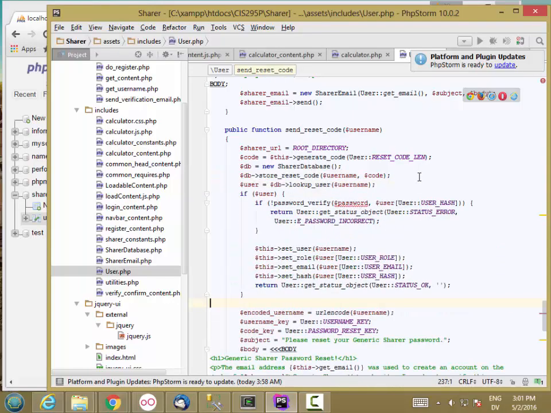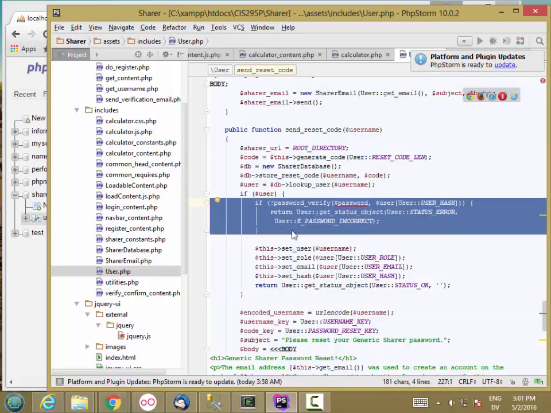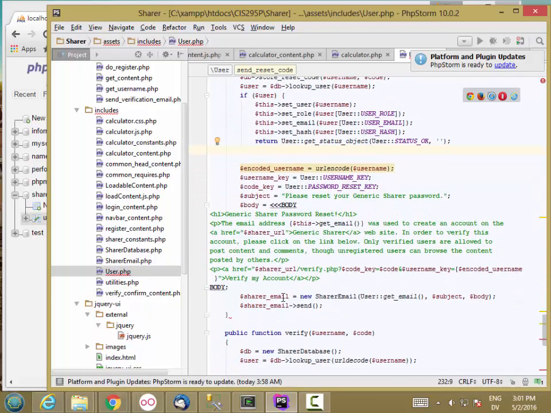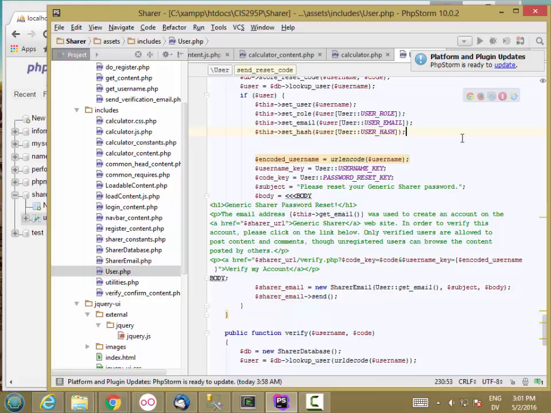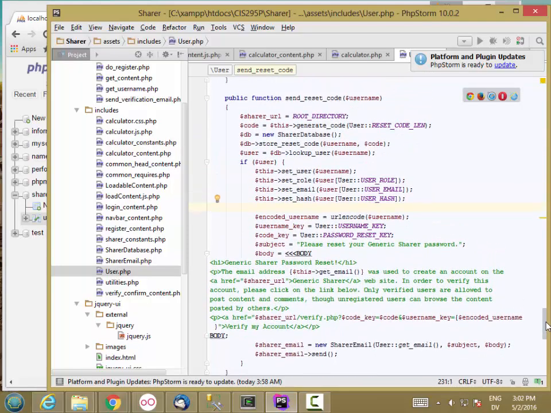We're going to look up the user information. And then if we find the user information, we're going to go ahead and send this email. So we're not going to return that. And then this pointer get email will now work because we called set email